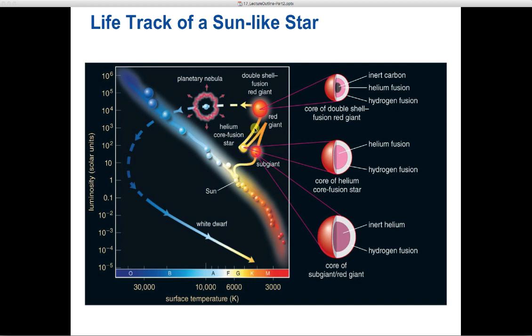And now you have two layers of fusion going on, helium and hydrogen fusion, causing a lot more energy to be produced, much higher luminosities, much larger outer atmosphere, outer layers of the star, much bigger red giant than you had before. And then you've got these pulses that are taking the outer layers and kind of puffing them outward. Eventually, one last big puff pushes the outer layers completely away, and you're left behind with this white dwarf that